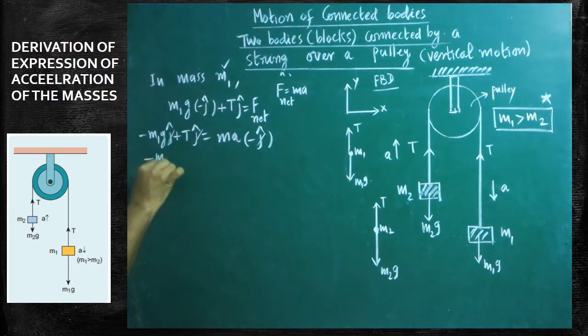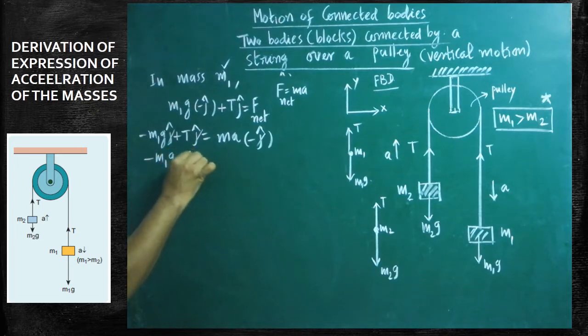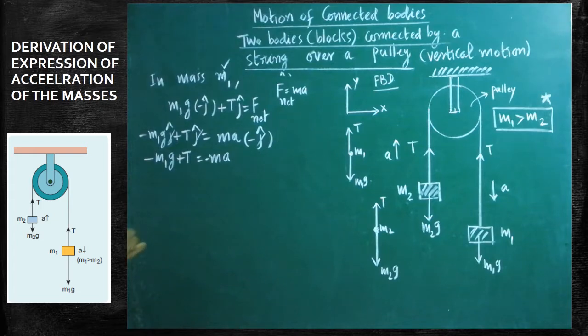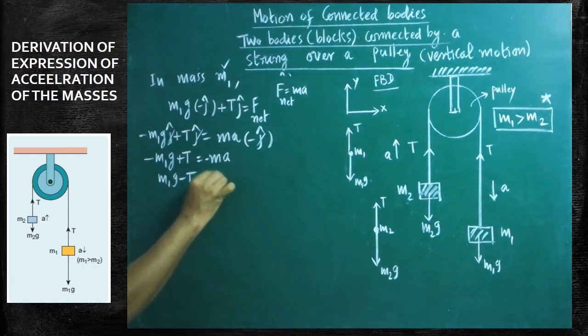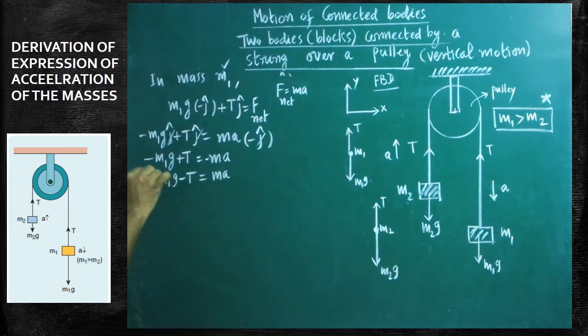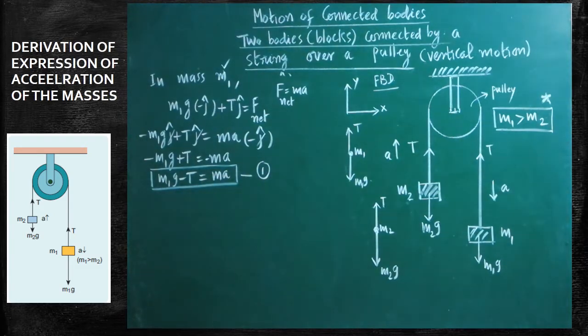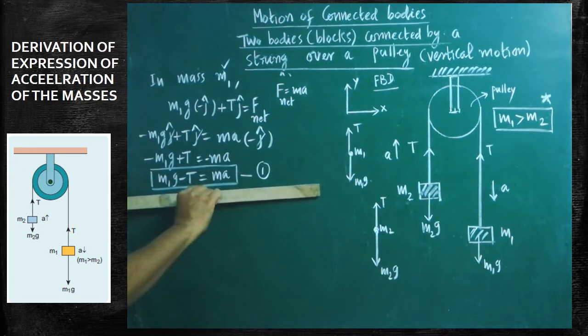Now you can write m1g plus T, which is equal to m a minus, we can write like this. And then change the formula now. If you change the sign, you will get m1g minus T, which is equal to m1a. So like this we can write the equation for mass number 1. So let us write it as first equation. Are you clear? So everything is dealt only for mass m1. Now we are going to use the